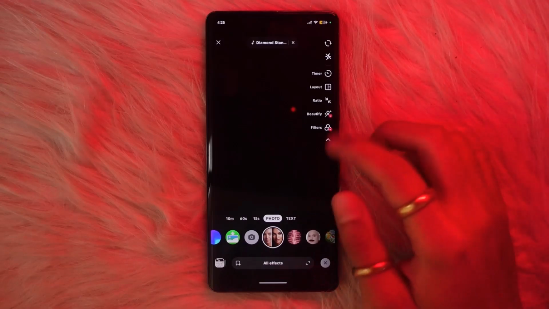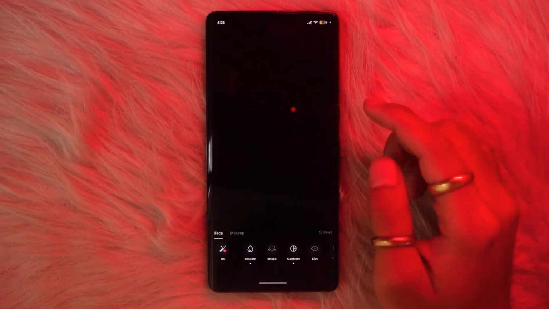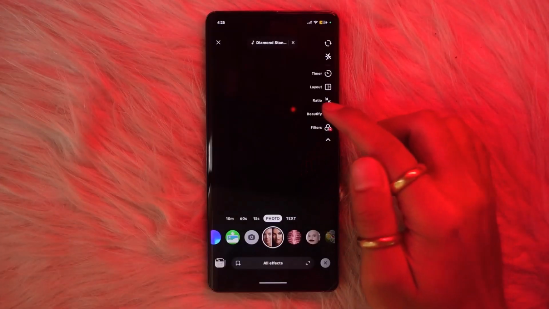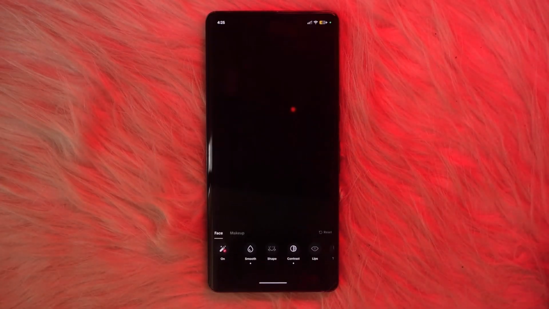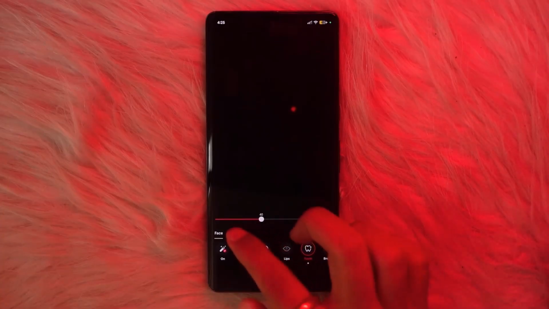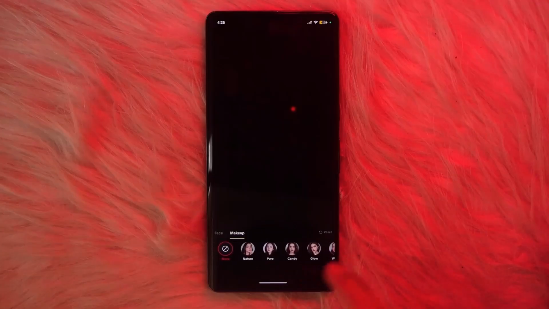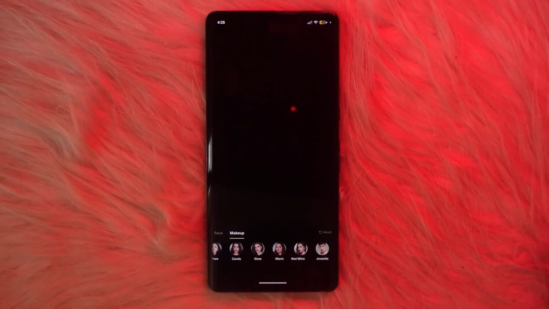Tap to see if you can make some adjustments, or just simply tap on this beautify option. From here you should be able to change your facial smoothness, contrast, shape, and even enhance your lips or teeth. You can also use the makeup filter, which has built-in features like nature, pure, candy, glow,